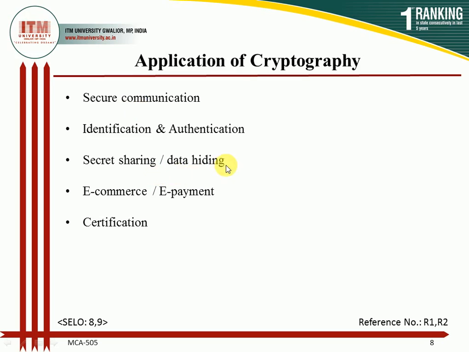Next, if we are talking about e-commerce and e-payment, how can we say that these applications use cryptography? With the help of cryptography we can provide secure electronic transactions. It's called SET. It means it provides secure electronic transmissions. As we know, the internet is being used more and more rapidly in day-to-day lives, right?